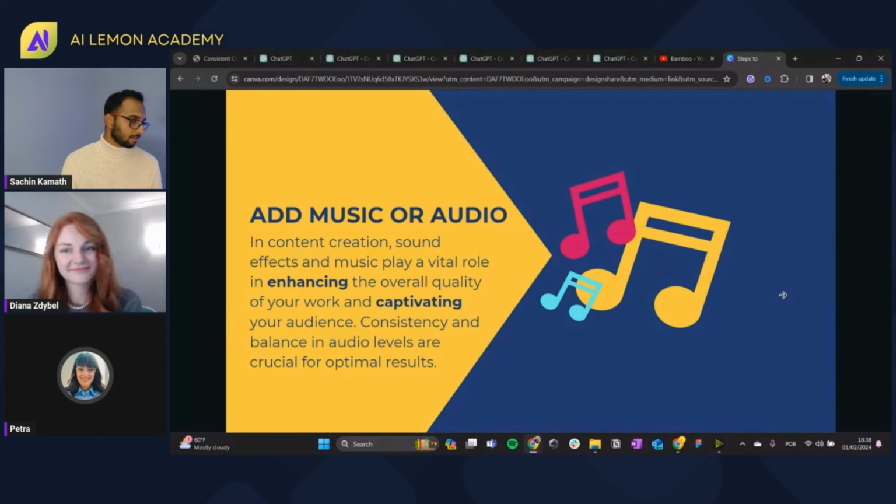Music, oh, that's my favorite part. Music and audio play a crucial role in animation, setting the tone, enhancing emotions, and bringing the story to life. They are the heartbeat of any visual narrative, transforming the viewing experience into something deeply engaging.